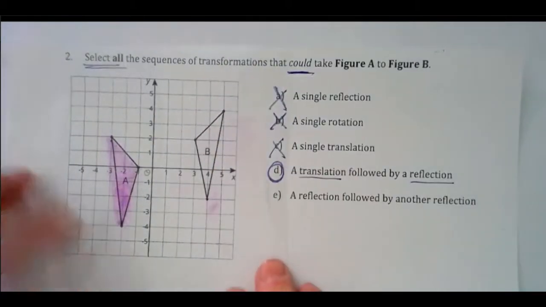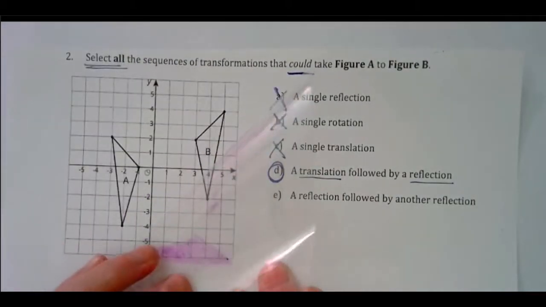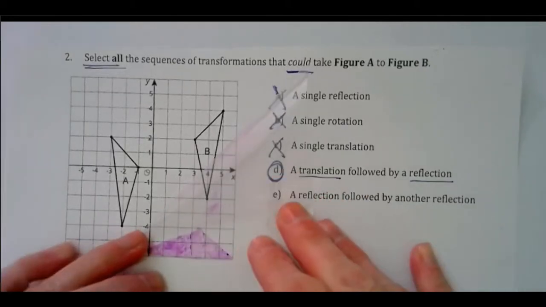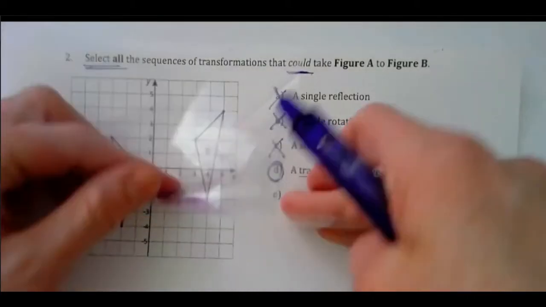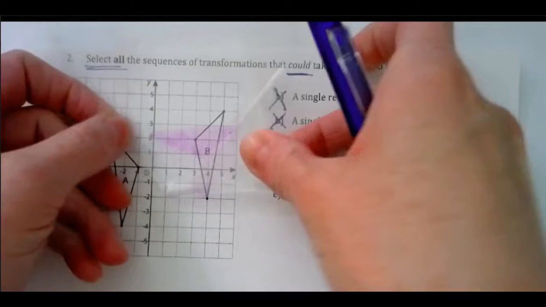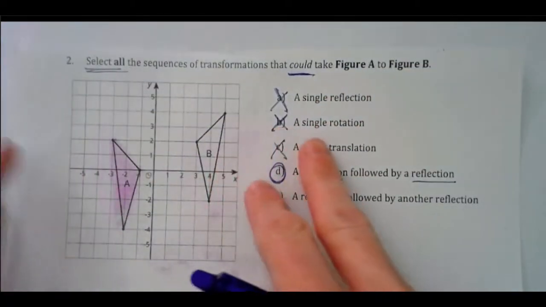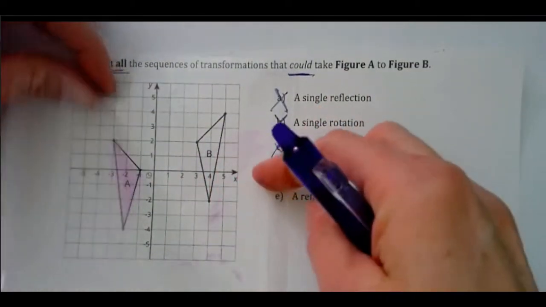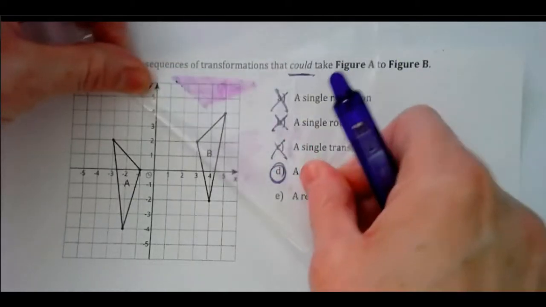If I were to reflect diagonally and reflect again, it still doesn't line up. Maybe if I reflected this way,